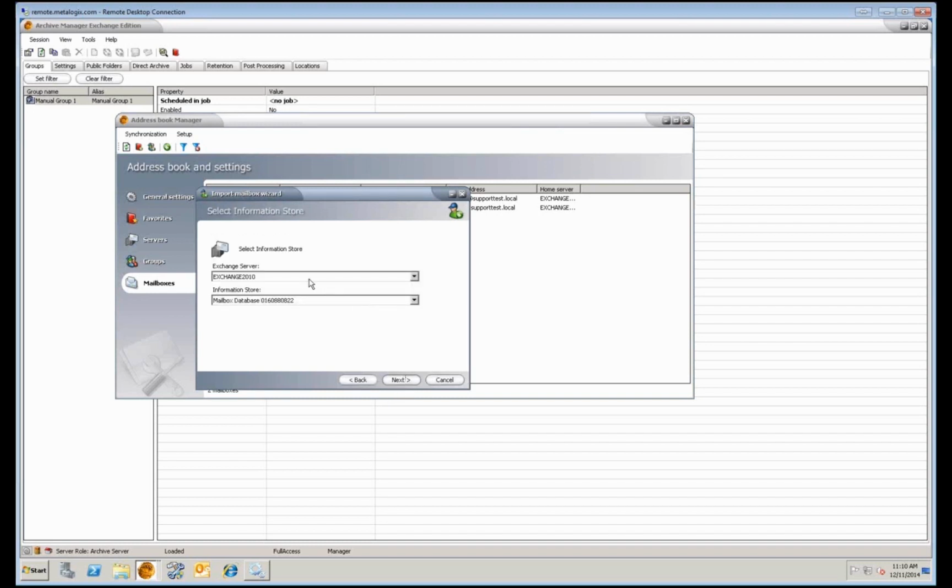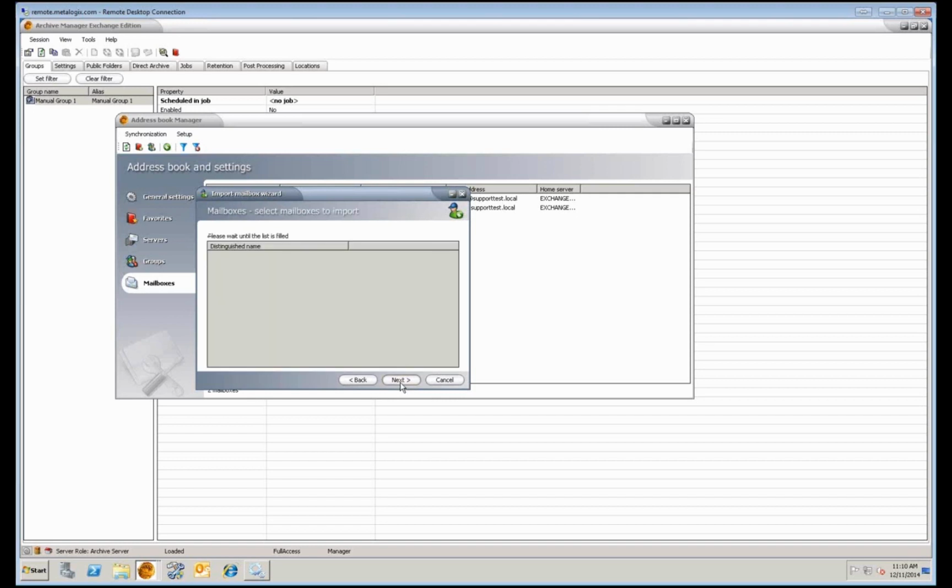You can actually click in here. And the only real difference between this one and the one before is in this case, I can choose the server I want, and I can choose the specific mailbox database I want in it, right? So I'll choose the first one. I think that's where most of our stuff is. So mailbox database there, and I can hit next, and it's going to only bring back mailboxes that are in that mailbox database. It's just a way to narrow it down